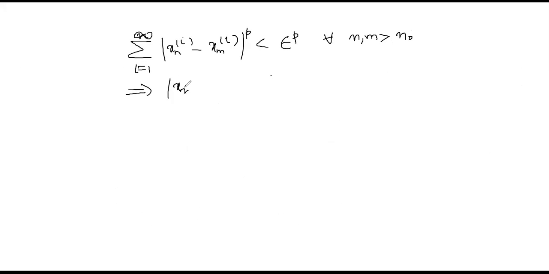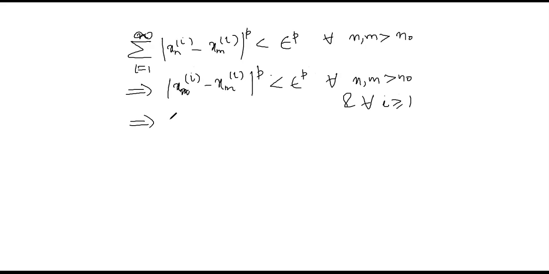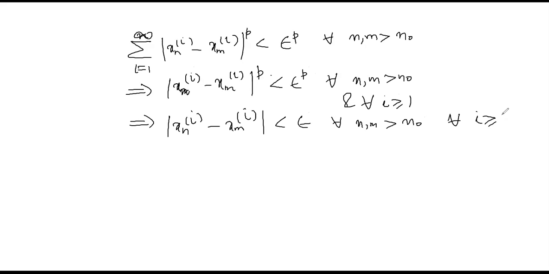It should automatically imply that (xni minus xmi) whole raised to power p is less than epsilon raised to power p for all n, m greater than n naught and for all i bigger than or equal to 1, which would imply, of course, |xni minus xmi| is less than epsilon for all n, m greater than or equal to n naught and for all i greater than or equal to 1. Now this, if I name it equation star, so this implies that for